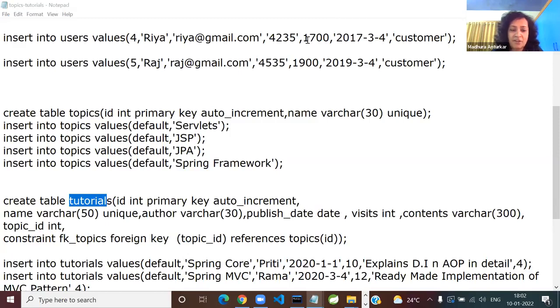Not a difficult question at all. Yes, one-to-many. Which side to which side? Can one tutorial have multiple topics? Ideally, yes. But here, look at my table structure and tell me which is the one side and which is the many side, guys. Topic is the one side, and for one topic I can have multiple tutorials. That is how I've written the whole flow.